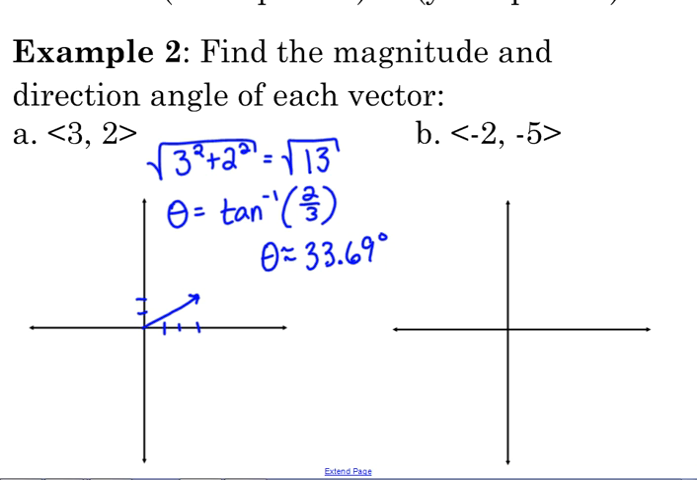Okay? So I want you to do B. I want you to find the magnitude and the